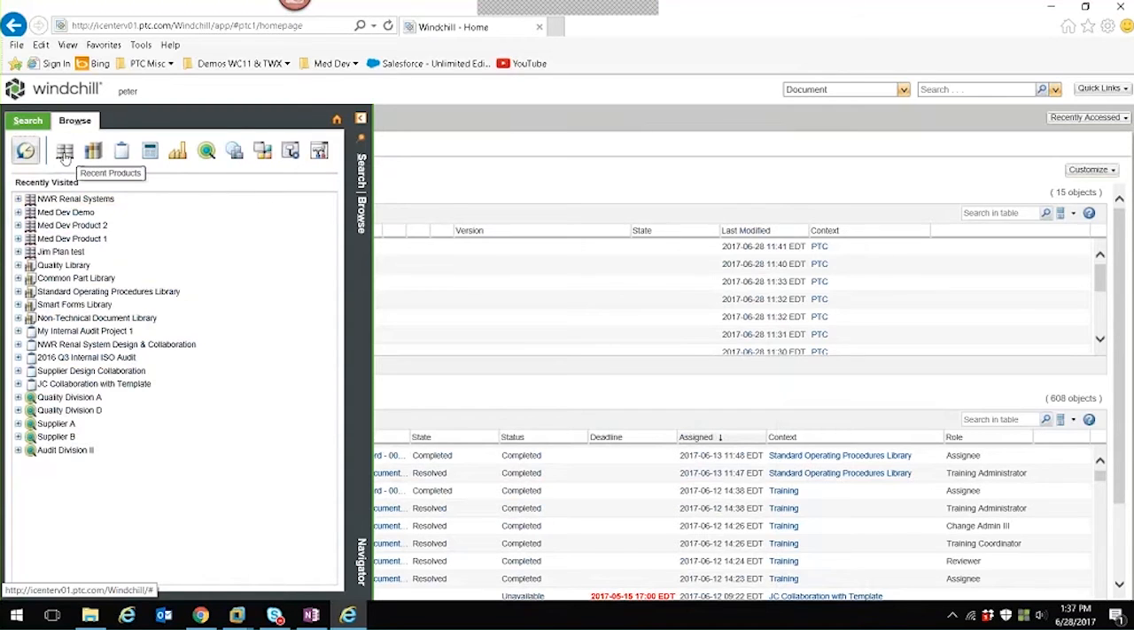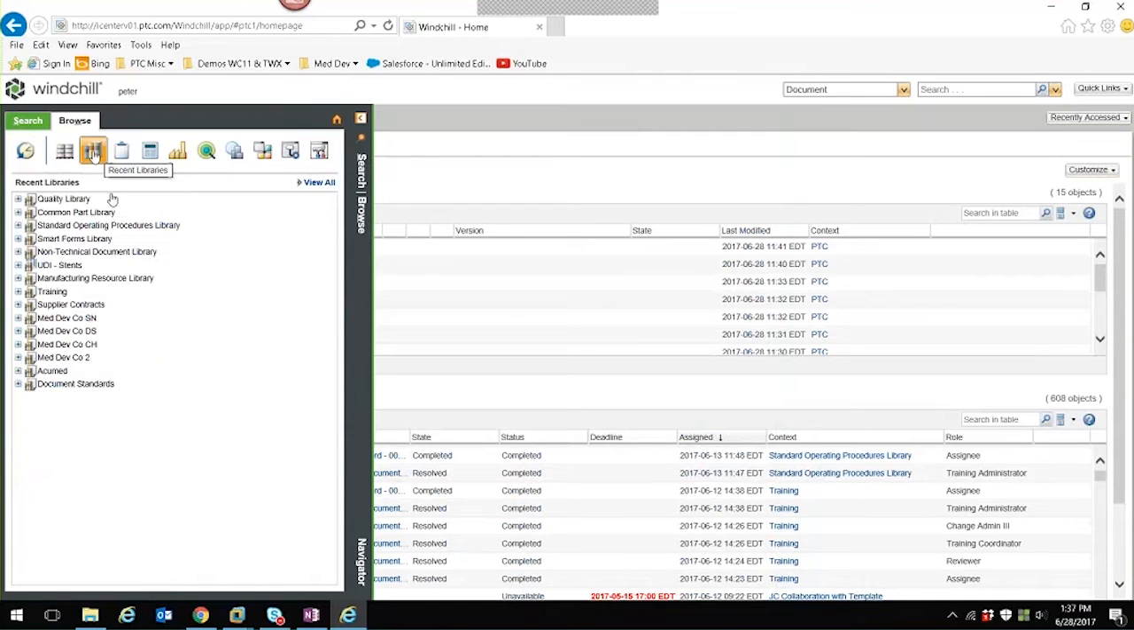So we'll get into products and projects in just a minute, but I want to focus, first of all, on this concept of libraries. So libraries is a means to organize similar information. So for example, if I have common parts that are used across the organization, or standard documentation such as standard operating procedures or reference documents, say